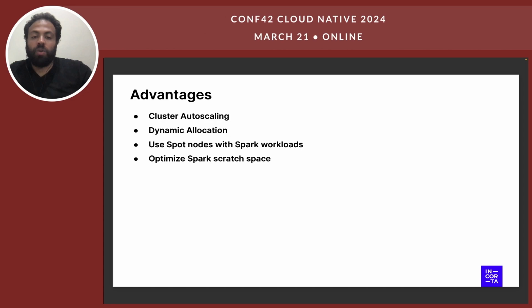Also, we noticed most Spark bottlenecks come from shuffling issues. So to optimize your Spark job, you have to attach the Spark job to fast local SSD, based on your cloud vendor, to optimize the Spark scratch space. In summary, running Spark on Kubernetes not only optimizes resource utilization and reduces cost, but also enhances the overall performance